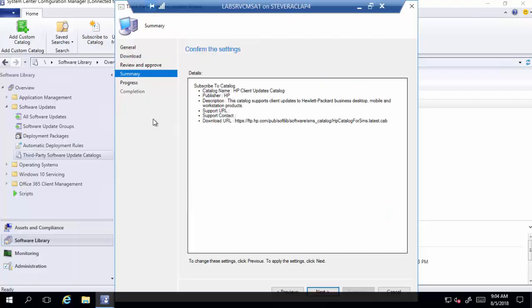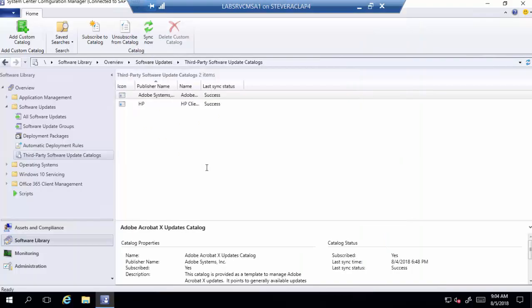So I'm going to hit next, and if I click forward, I believe this will trigger another sync. The reason I say I believe is because I recently just synchronized this catalog. But we'll pretend this is the first time, right? So whenever I did this subscription,